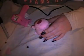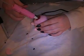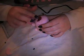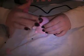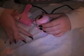So there is that. So the next thing we are going to do, I'm just trying to work out my click. Right, so just going to do 2 little dots here on his nose, because you've got to do his little nose holes. And this bit can get a little bit fiddly, but still, so you've got these little nose holes. Then you need to just do a tiny little dot there